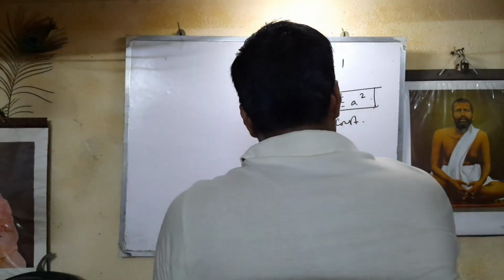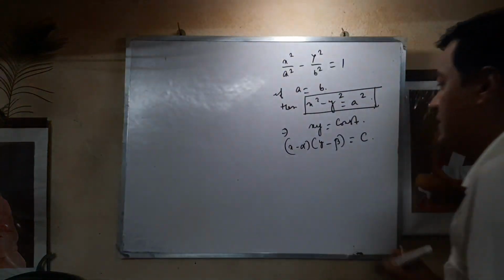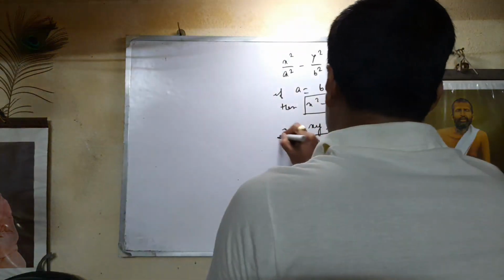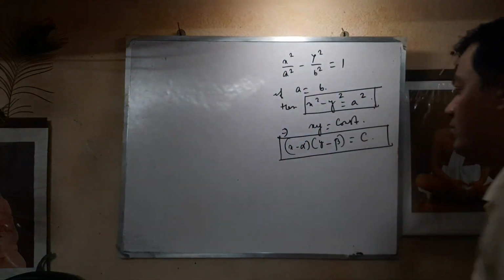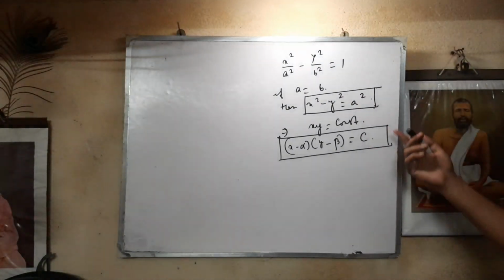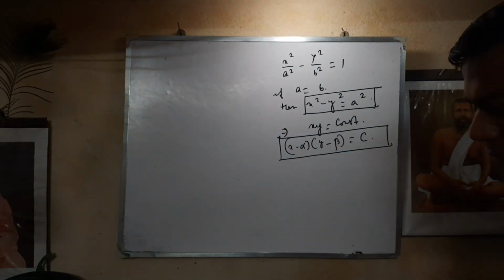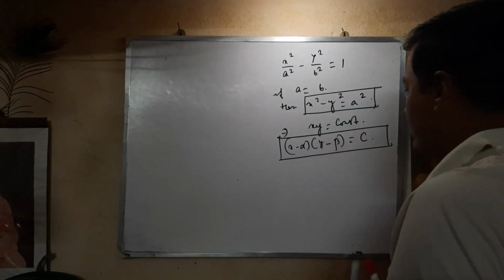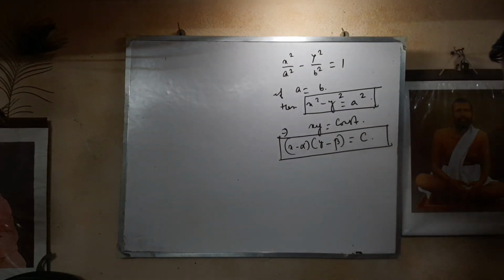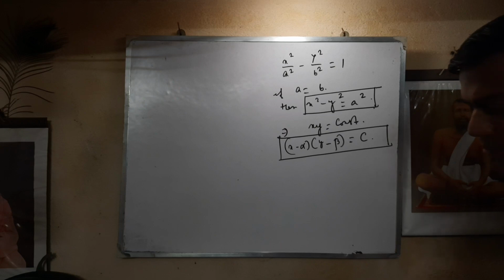x minus alpha into y minus beta equal to some constant c. This is the familiar equation of a rectangular hyperbola. This constant c may be positive or it may be a negative number also. Okay. So if x minus alpha into y minus beta equal to c, then the asymptotes to the curve will